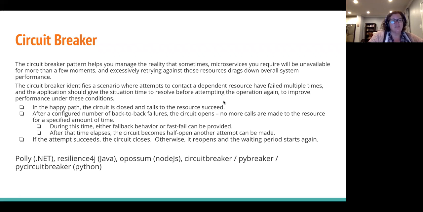Once the waiting period elapses, the next time that resource would be called, it's going to try again. It'll say that the circuit is half open. It's going to try again, and if it succeeds, then the circuit gets closed. Normal behavior resumes until, of course, you have that series of multiple failures again. If that first time it tries after the waiting period, it still fails, then the waiting period will start over. It'll wait that amount of time again before it tries again. So the result of this is that your user experience is better, because they're not constantly just hanging on these requests that are taking too long.